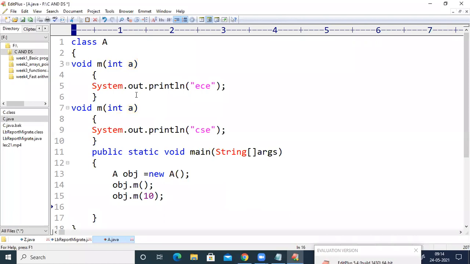And then let us check the type of parameters. Here the type of parameter is integer, and here also the type of parameter is integer. So there is no difference in terms of type of parameters.